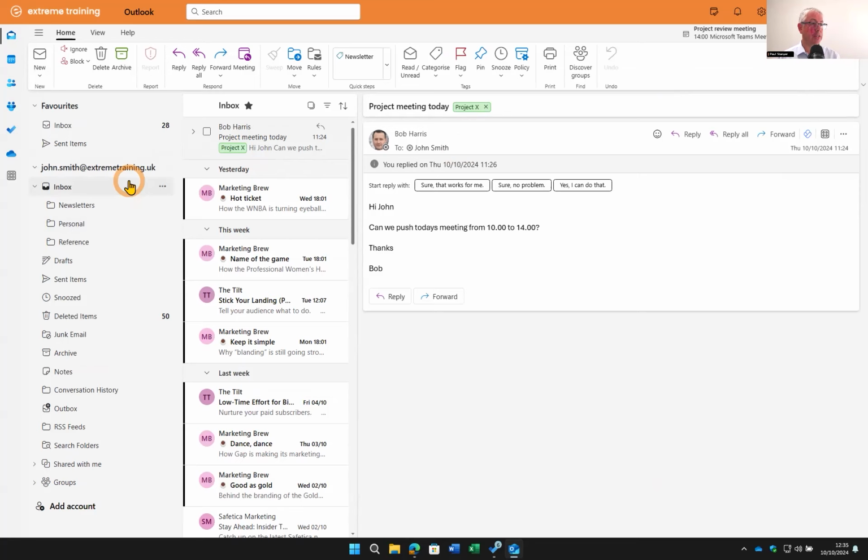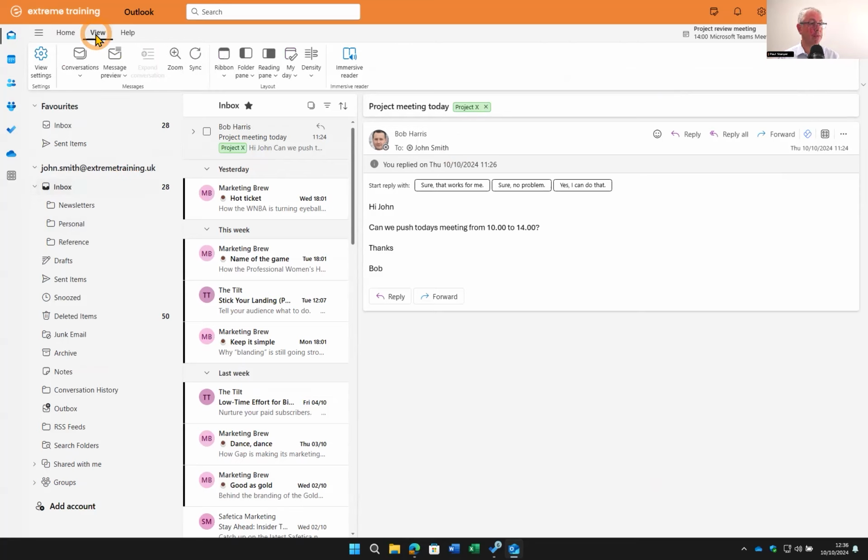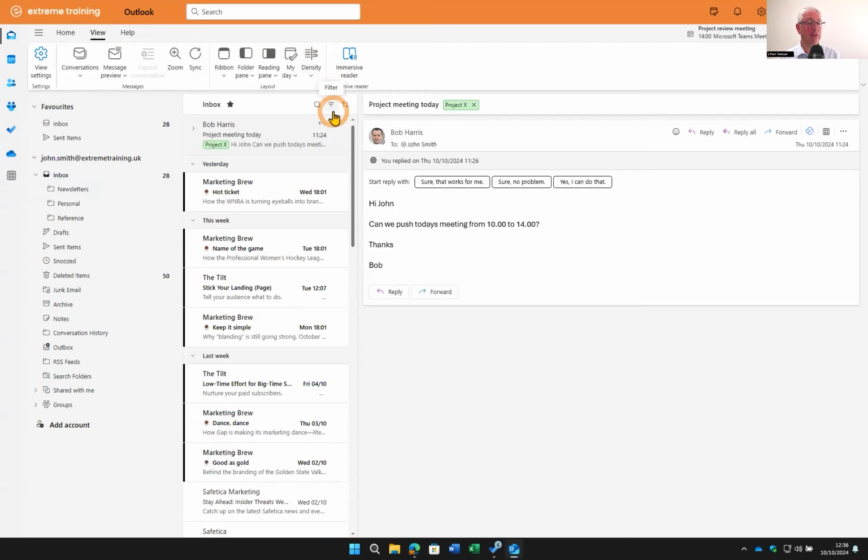Now, you can change that spacing by going to the View tab, and you can do this on the simplified ribbon as well. And we've got here a feature called Density. Now, if I click on Density, you'll notice we've got three options: roomy, cozy, and compact. So this is the roomy option, lots of space. Let's choose cozy, and you'll see that the font gets a little bit smaller and things get a little bit closer together. If I click on Density again, I can choose compact,